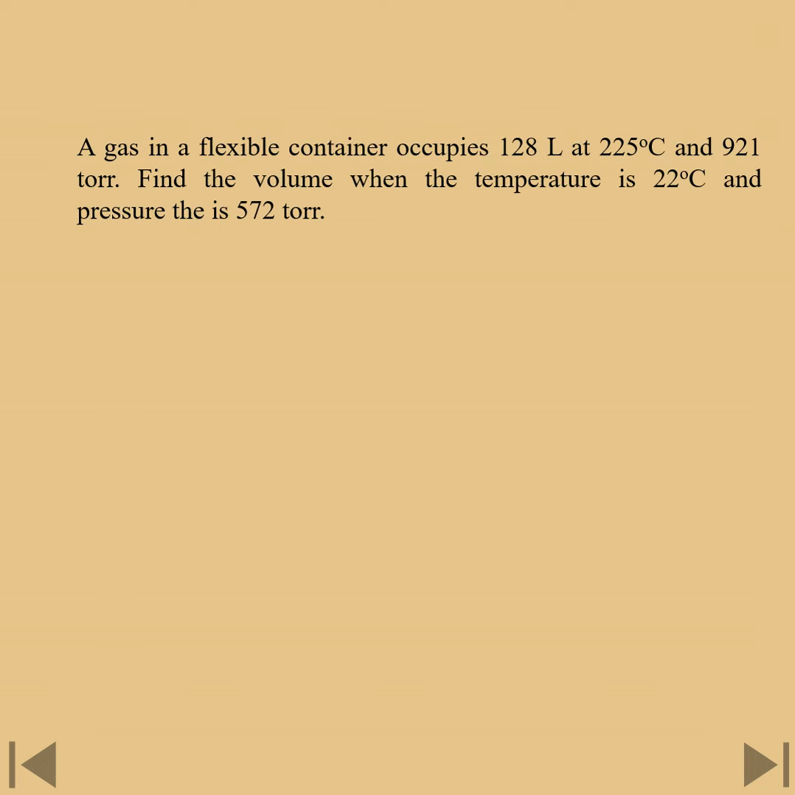Okay, a gas in a flexible container occupies 128 liters at 225 degrees C and 921 torr. Find the volume when the temperature is 22 degrees C and the pressure is 572 torr. Okay, I think this time we're going to use our units. And so remember that three-step procedure. Step one, we recognize that we're after V2, and V2 must get its